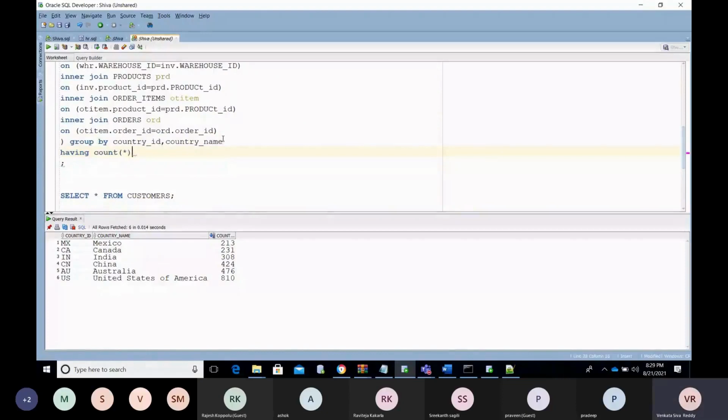The max function will give the maximum order, right? So you cannot achieve that. How can you use max of that? No, you cannot. That won't work.